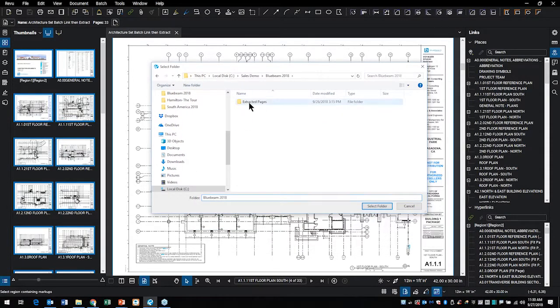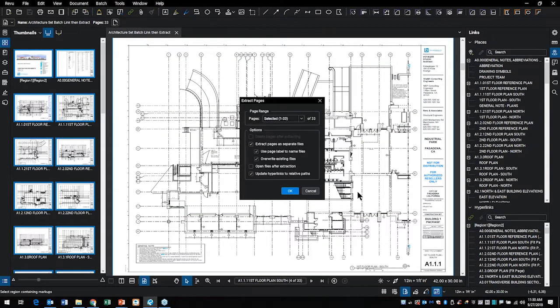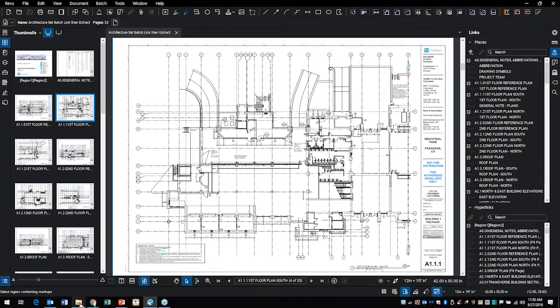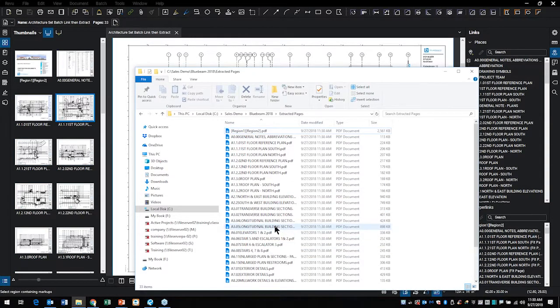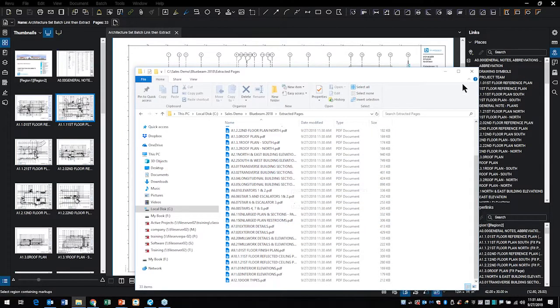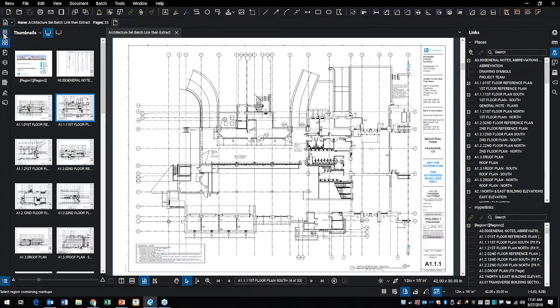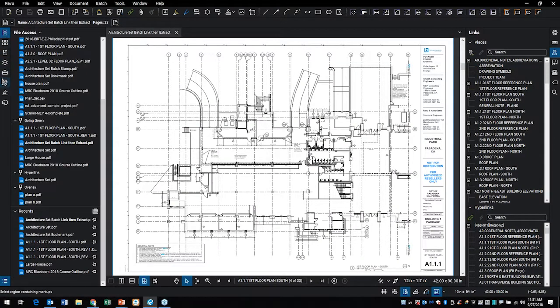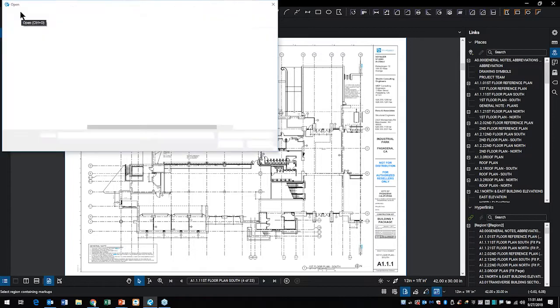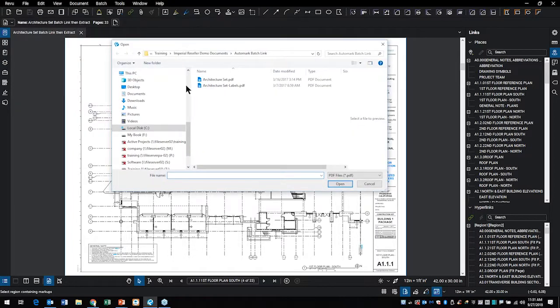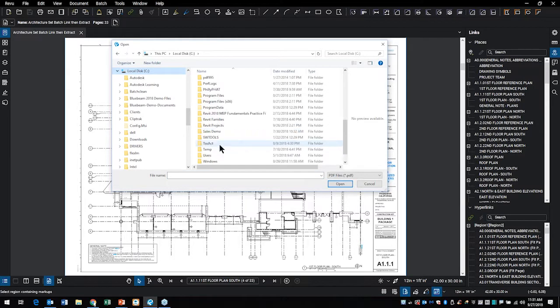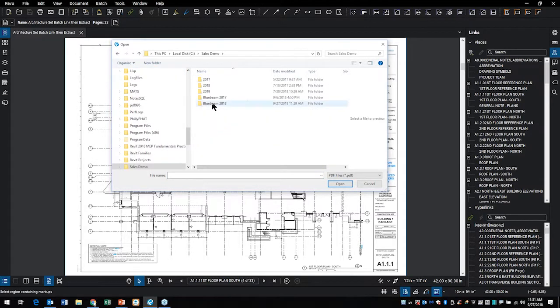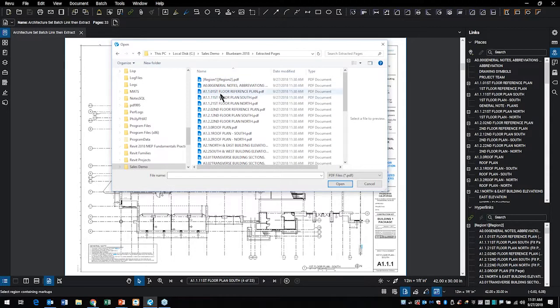I will choose that empty folder and pick select, and it goes ahead and does that. So if I go back to that folder, magically, I now have 33 files in there, okay? So let me close that. And I can go ahead and open one of them. Let me say I open the cover sheet in there. So actually, that isn't what I want. What I want is open. And I'll go over to that folder, come down to it, and extracted pages. Let's open the